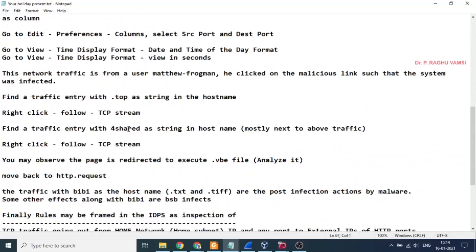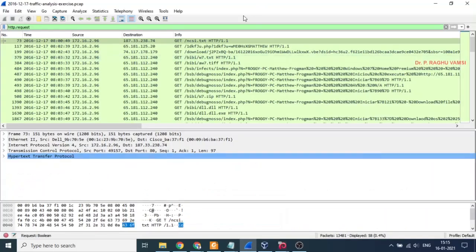In the TCP stream, we have observed what the GET method is, what the POST method is, and what type of execution has happened, and what the external IP addresses are, or rather, here it is the external websites that you have referred to. So the external website that the request has gone to is 4shared that we have observed there.